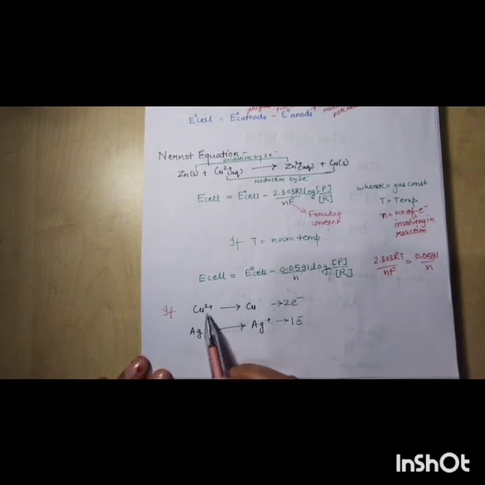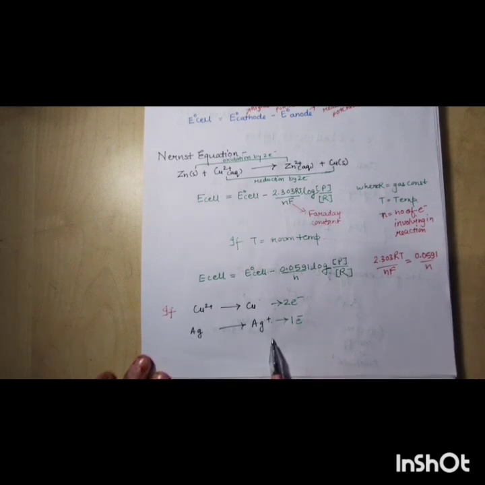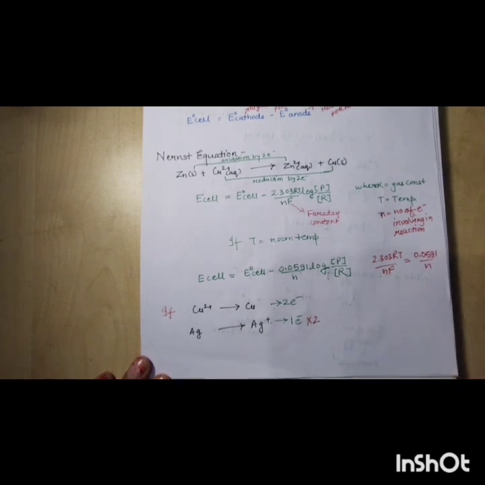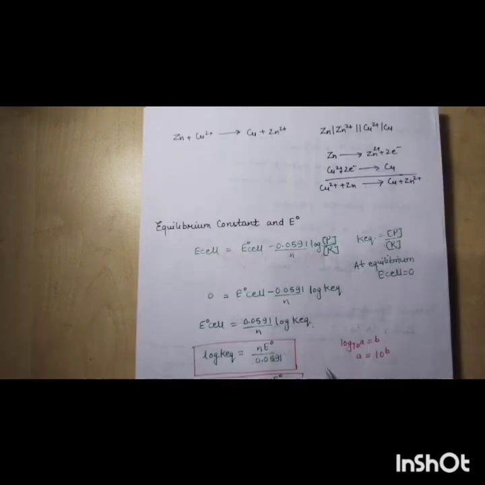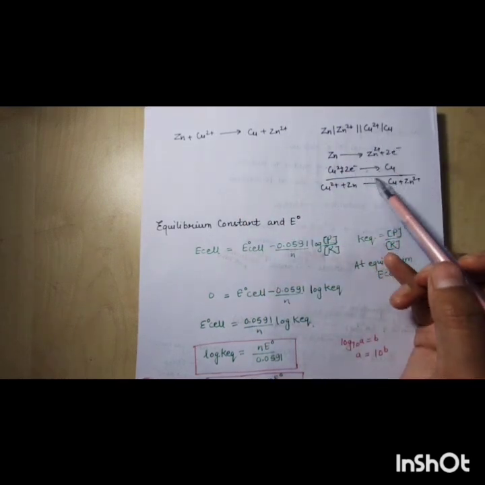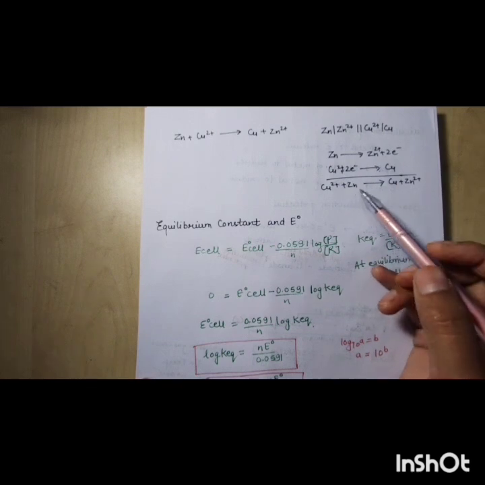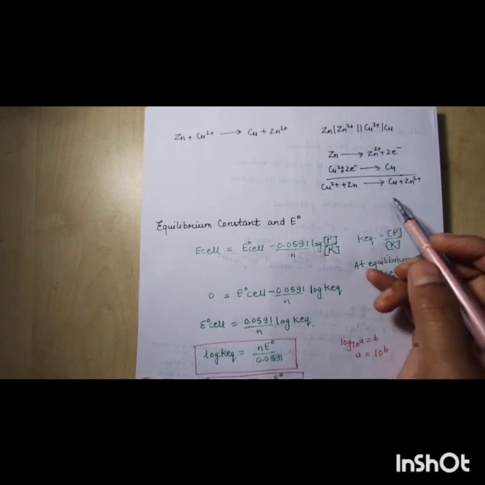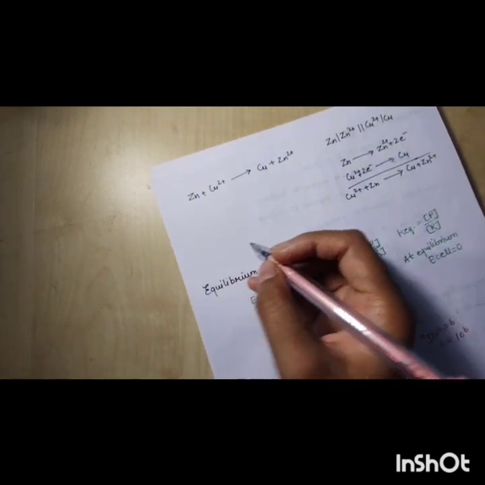Suppose here copper is showing reduction by 2 electrons and silver is doing oxidation by 1 electron. So how do we calculate this? You have to first balance both the electrons by multiplying by 2. Again, in the case of zinc and copper, first you have to see whether the electrons are balanced or not, then we calculate the standard reduction potential. So it is very important to balance the equation by multiplying by the particular electron.